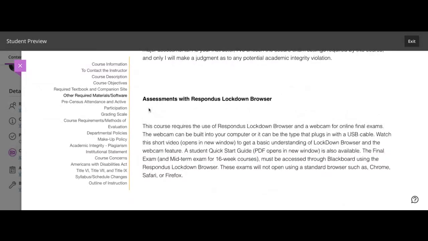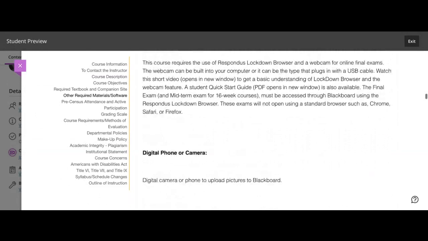You do have to take all of your assessments using Respondus Lockdown Browser, and you will use a webcam to proctor your tests and other assignments. So please make sure that you understand how to do that.